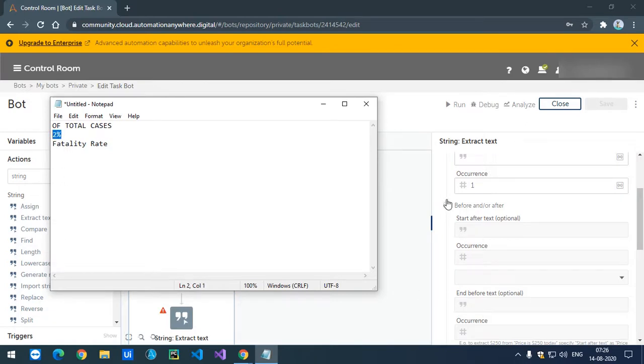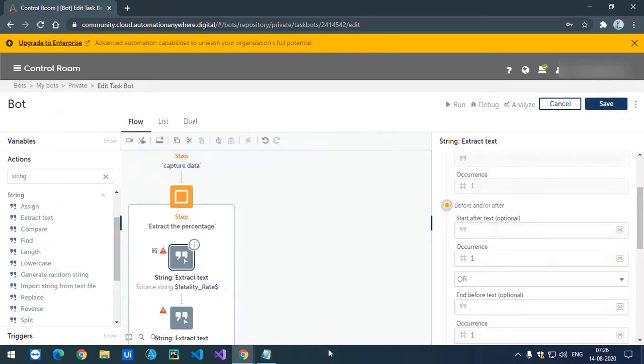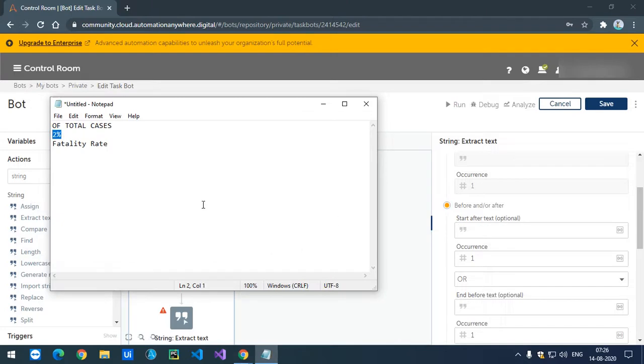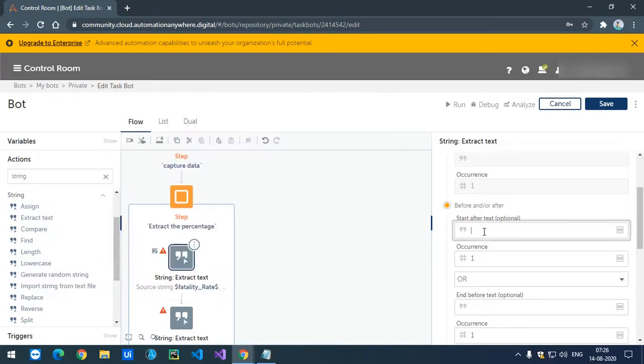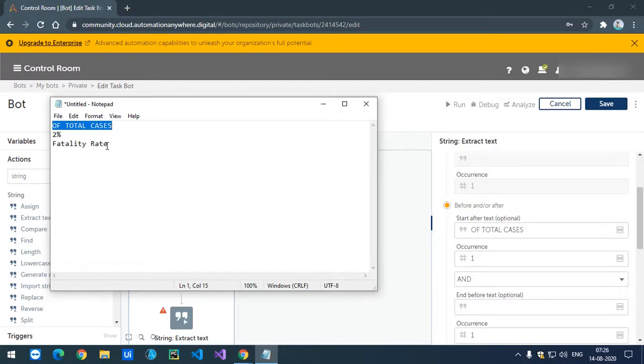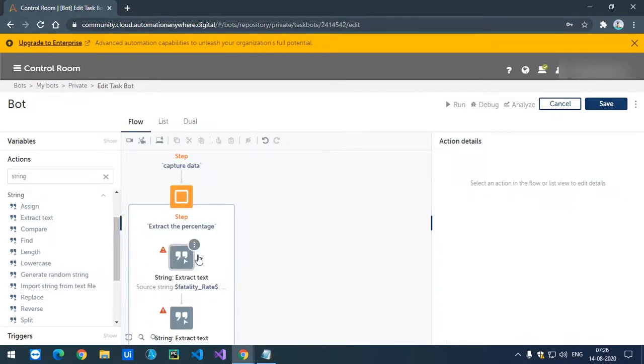So I'll use before and after. Before, start after this text. I'll place it here. Occurrence is only one, and end after text is this. I think this is fatality rate, right? Yep.